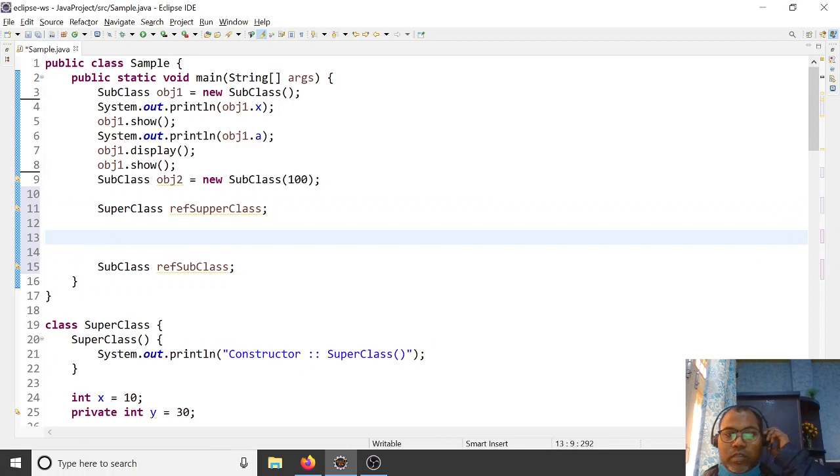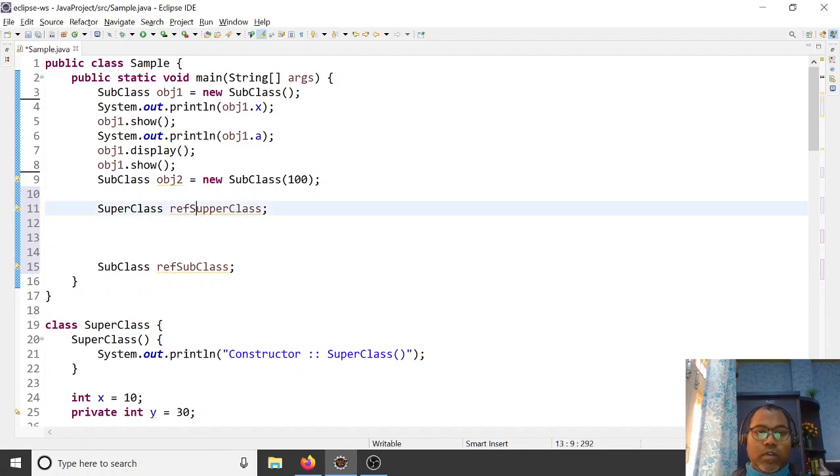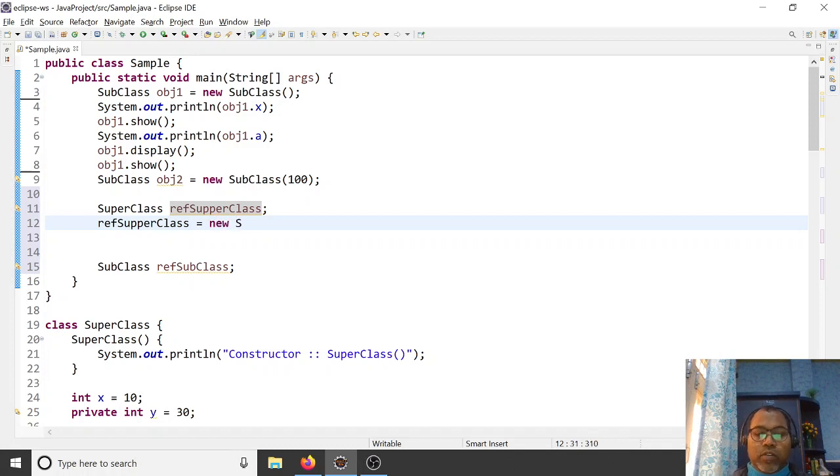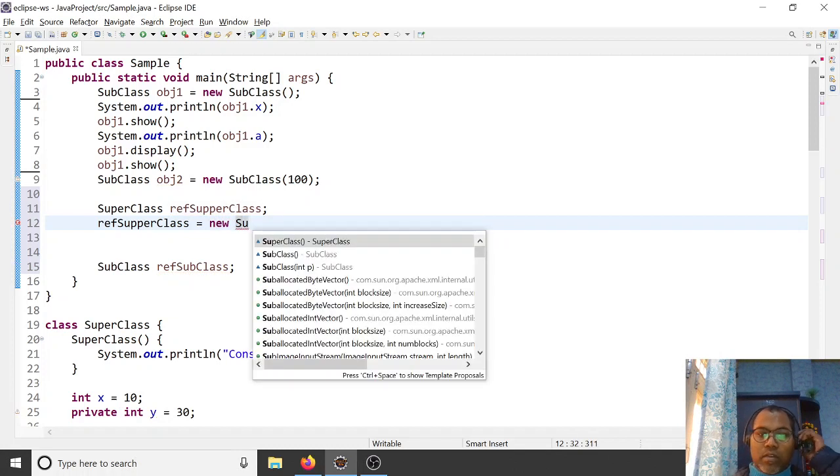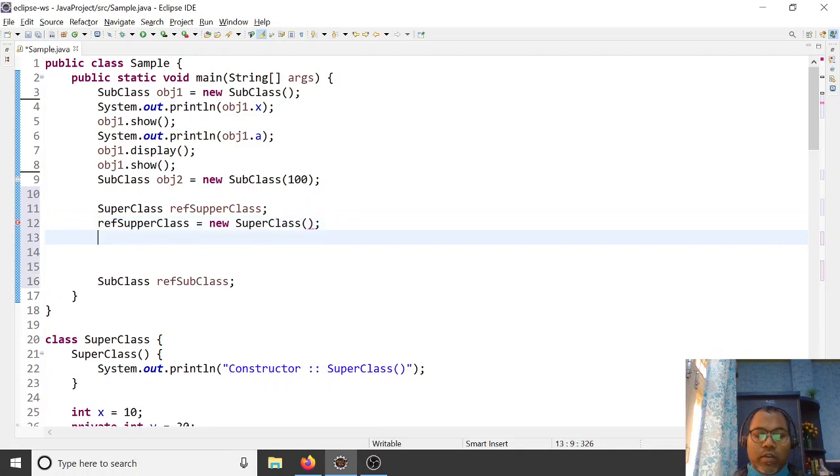Here you have to notice what is allowed: you can assign a new superclass object itself, or you can assign any implementation of the subclass as well.